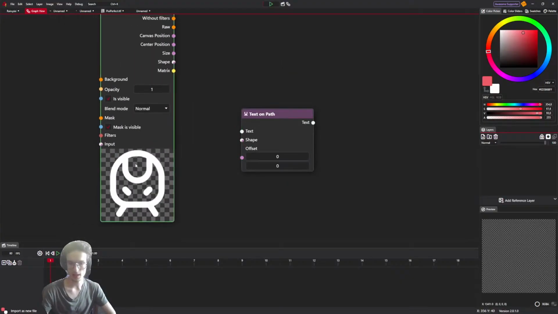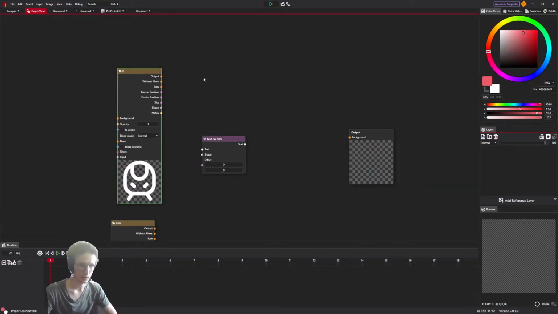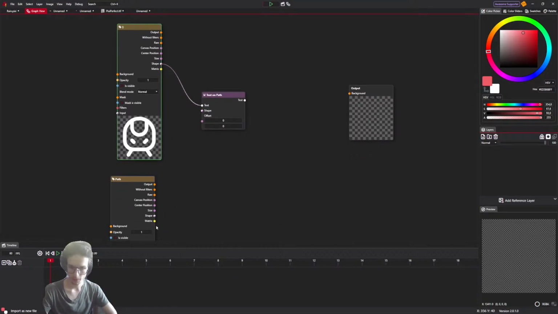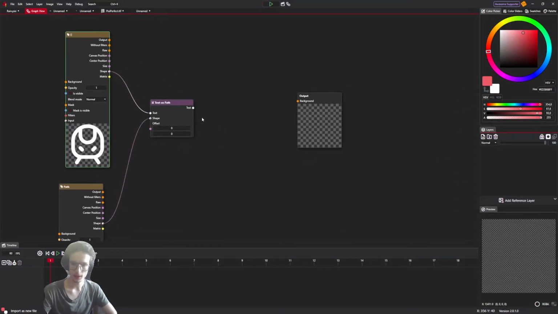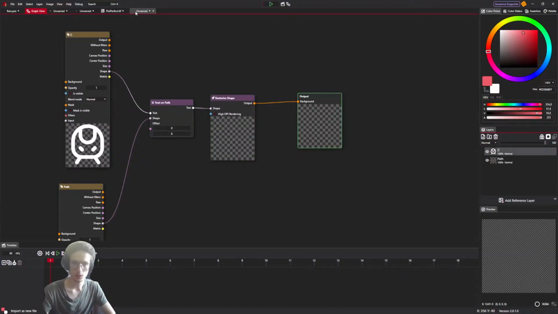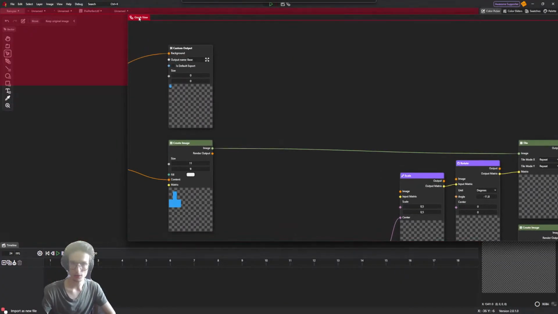Because this train is basically a text, I copied a font. I can just take a shape, no, text, then take a shape, and now I have a text on a path. So the very next thing I want to do is to rasterize the shape.